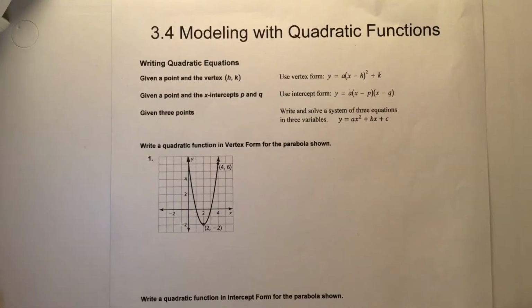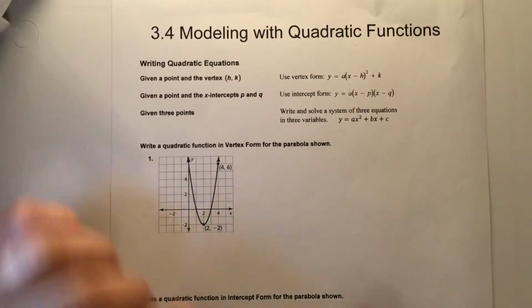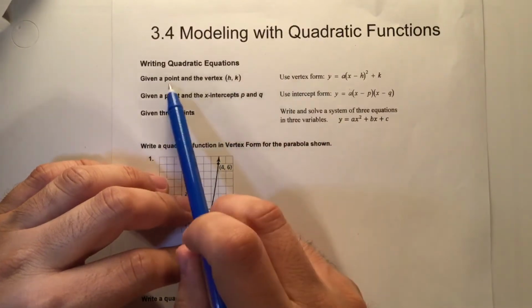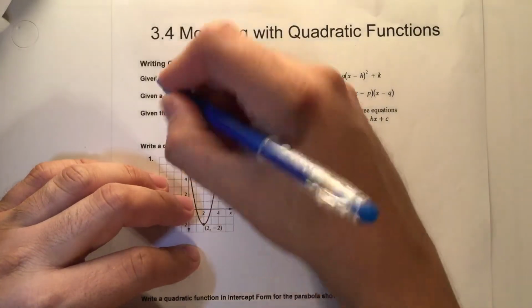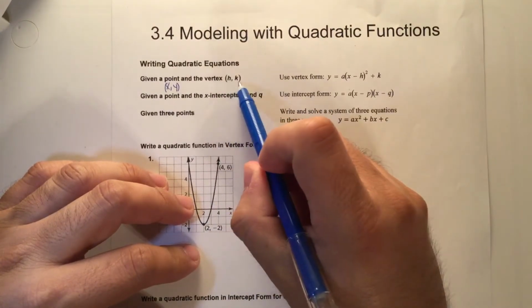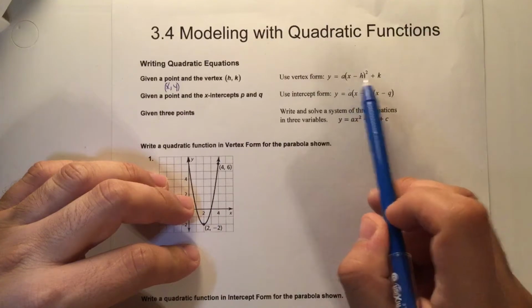Okay, so these are the notes for modeling with quadratic functions. So we're going to be writing quadratic equations. We're going to be identifying the a value. So what you're going to be given to do vertex form is a point, and the point should be x comma y. And you'll be given the vertex, which is going to be h comma k. And you use the vertex form, you're going to plug in y, x, h, and k, and you're going to